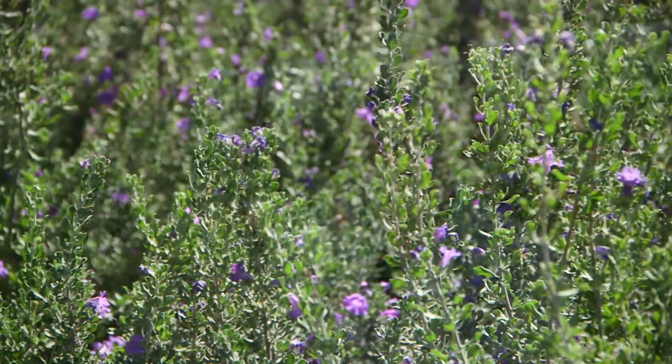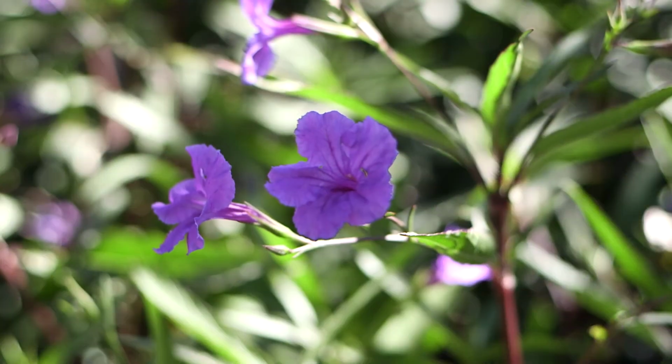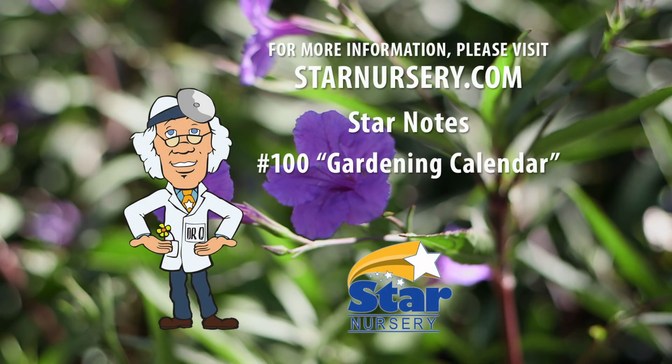Now is also a good time to do light pruning on low water use plants to reduce stress from overgrown foliage and seed pods. For more helpful hints, get a free copy of our gardening calendar, Star Note number 100,